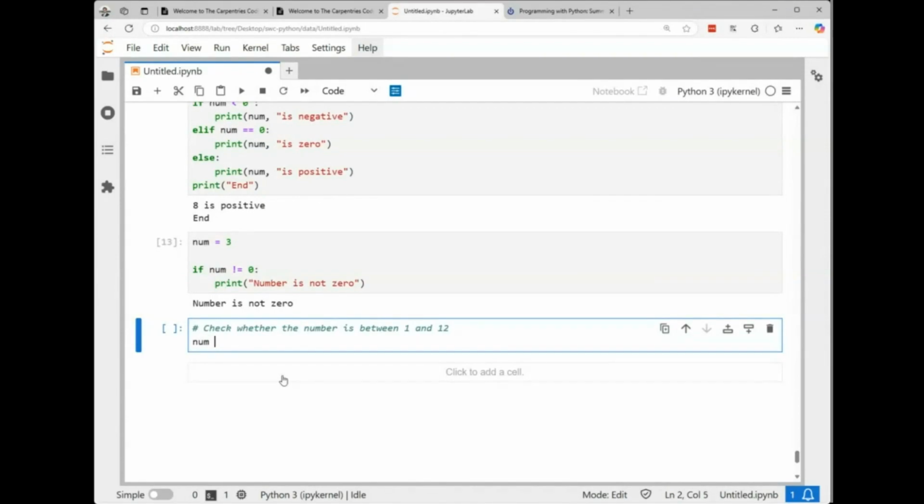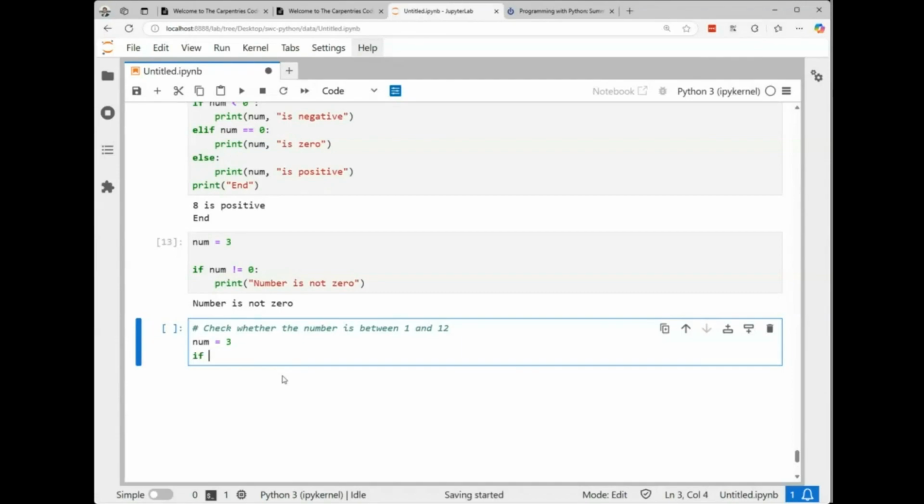So the condition will be number equal, we are in March, yeah, 3. So if, let me think, because here we have 2 conditions that we need to check, and the conditions could be written so it will be: if condition 1 and condition 2,